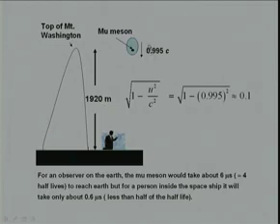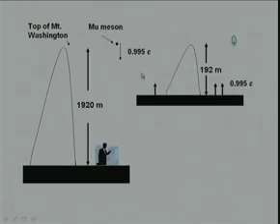The mu-meson was found to move with a velocity of about 0.995 c, and the inverse of the Lorentz factor is about 0.1. So, for an observer on the earth, the mu-meson would take about 6 microsecond, or 4 half lives, to reach earth, but for a person inside the spaceship, it will take only about 0.6 microsecond, less than half of the half life. And so, the number of mu-mesons that will arrive will be actually